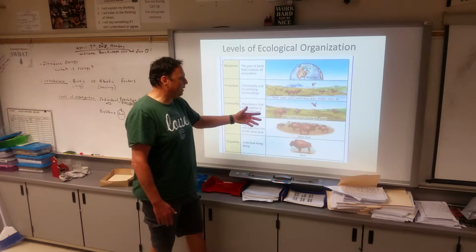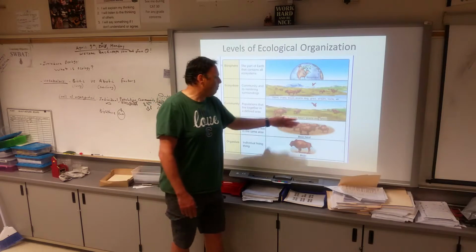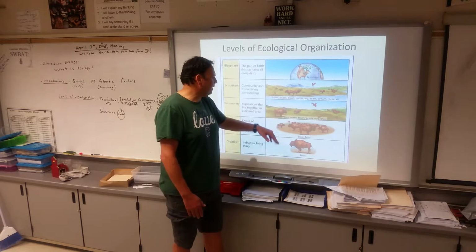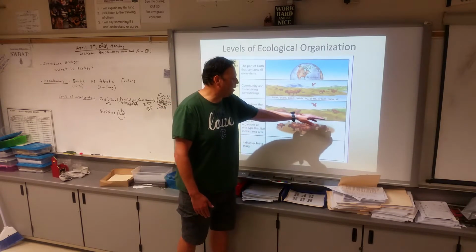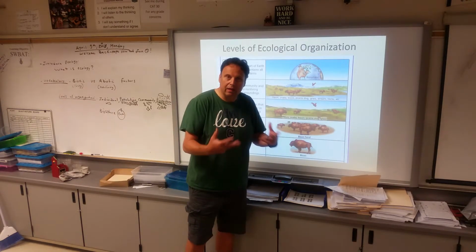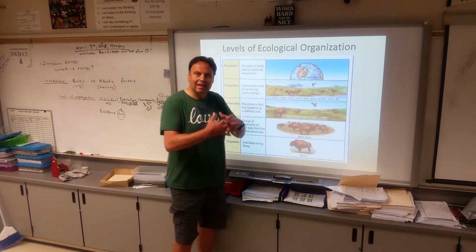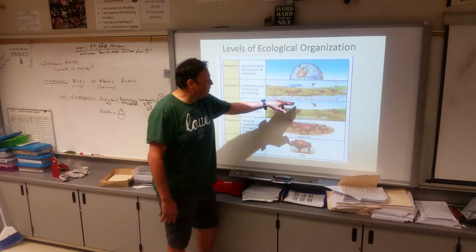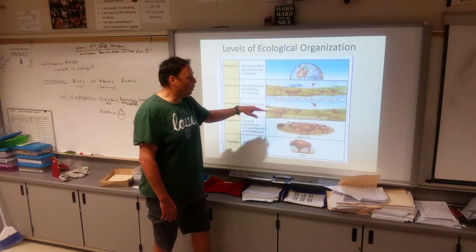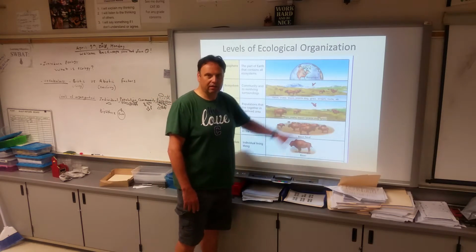But then how about the other living things? How about the grass? That's a living thing. And the birds, that's a living thing. How about other animals, like horses? Well, all these guys living together, interacting. Like here it says hawk, snake, bison, prairie dogs, grass, all of the different things that interact together in one place, that live together, those have a name. Those are called a community. So a community is a bunch of living things that interact, but they're all alive. So the air is not part of the community. If there were any rocks, they would not be part of the community. If there was water, it would not be part of the community. The community is just the living things that interact in that environment.